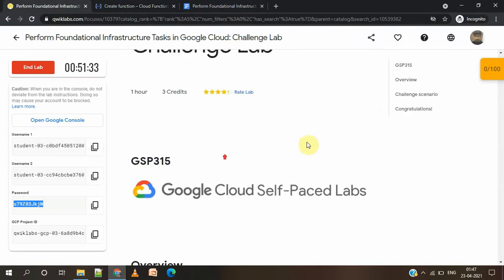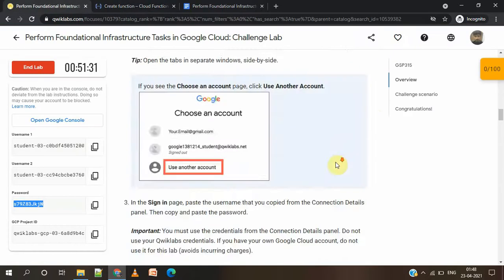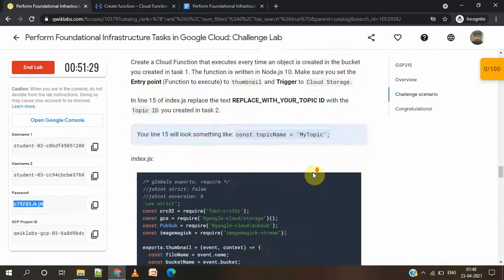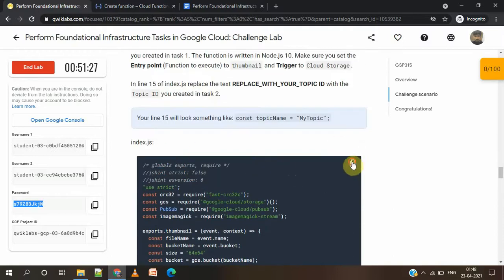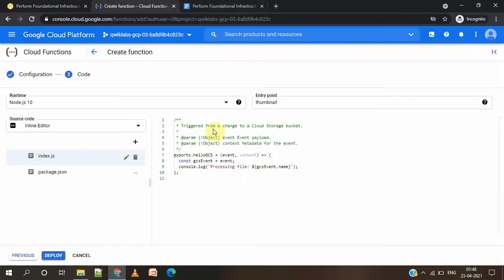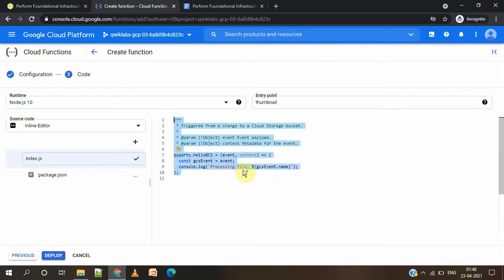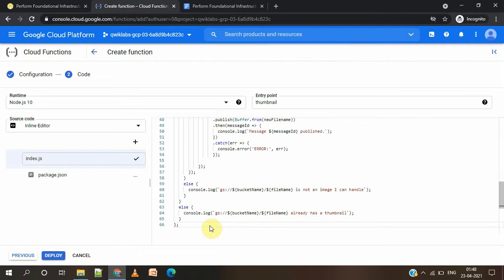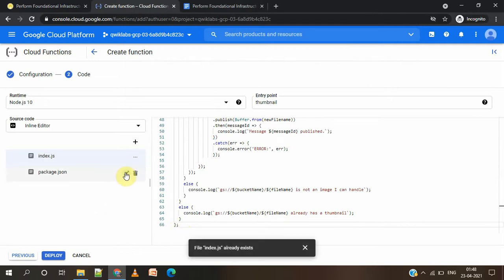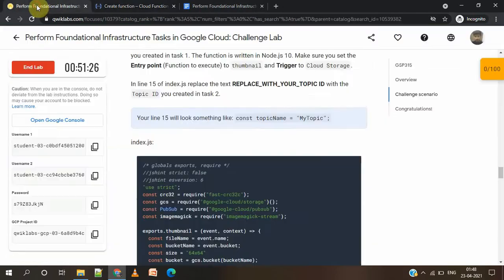index.js. See here, let's copy the file, edit, paste here. Now it's time to edit package.json.